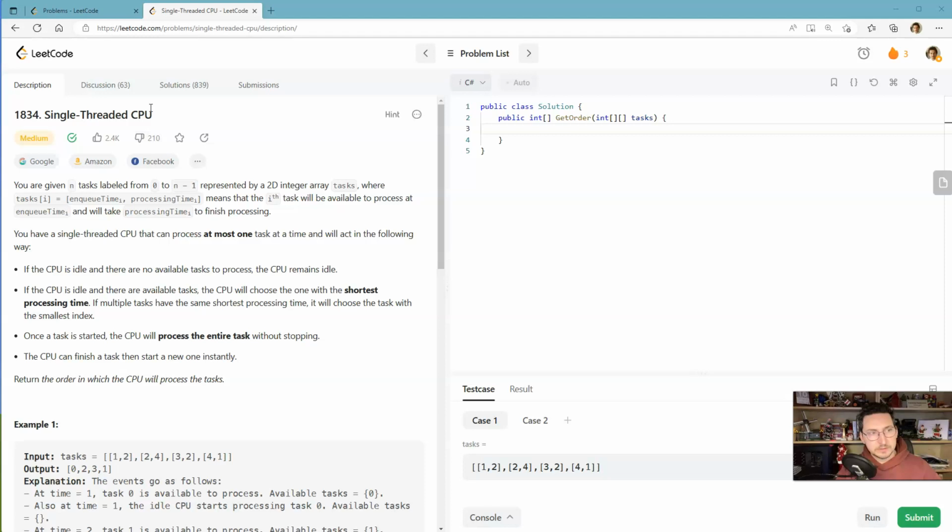Let's take a look. Here is the problem. Single-threaded CPU. You are given n tasks labeled from 0 to n-1, represented by a 2D integer array tasks, where each task has an enqueue time and a processing time. So it's an array of arrays, and each item is an array of two integers. It means that task i will be available to process at enqueue time and will take processing time to